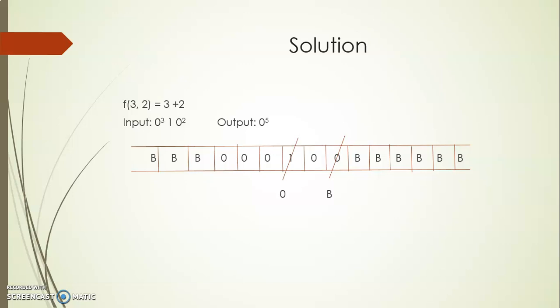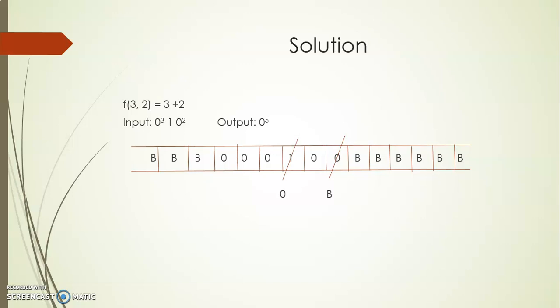So you are representing operands by any symbol, that is occurrences of any symbol, and we have some other symbol which is different from the operand symbol as the separator. So here 3 occurrences of 0, 2 occurrences of 0, and 1 acts as the separator between those two operands, right? So here when I add 3 plus 2, the output should be 5. So when I am representing 3 by 3 zeros, then 5 must be represented by 5 zeros. And those 5 zeros must be in continuous manner. Already in the input tape itself I have 5 zeros. But what is the problem? I have 1 which acts as the separator between these two operands.